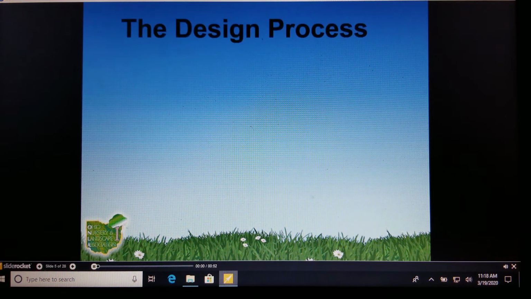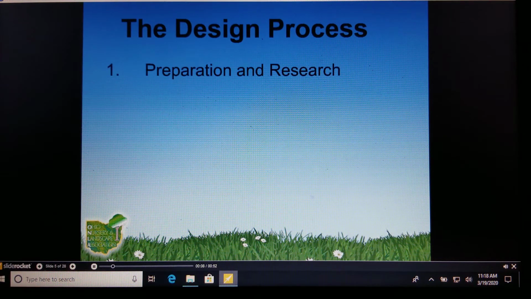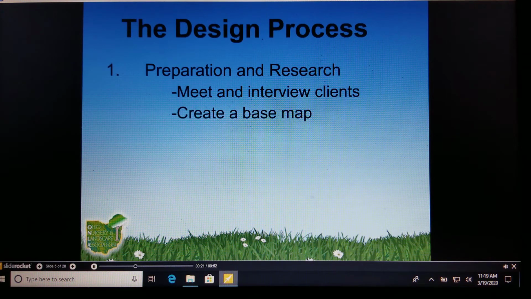No matter how a designer follows the design process, the steps will fall into two main areas. The first step is design preparation and research, which is when a designer gathers information from the client and the site. The gathering of information can include interviewing the clients and outlining his or her landscape needs. Another aspect of the design preparation involves creating a base map that lays out the general features of the landscape site. This is the step where any possible design restrictions are